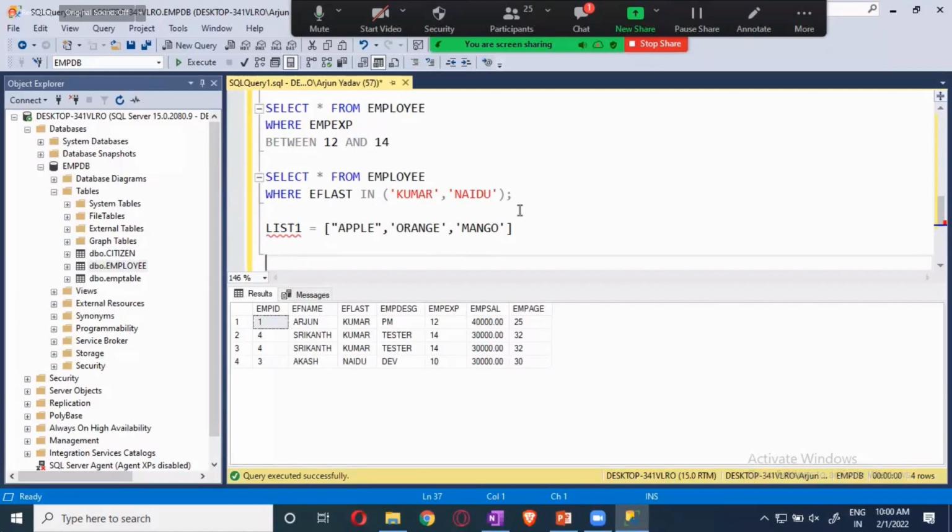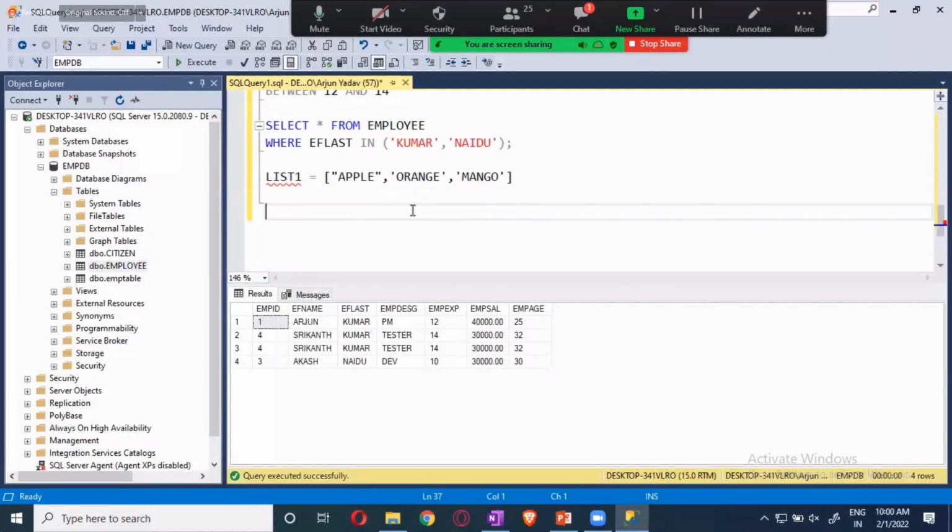This is called a special operator, list. I will say apple in list one. This is what you will be checking over there. This is the way you will be doing it. Just connect it to Python, guys.